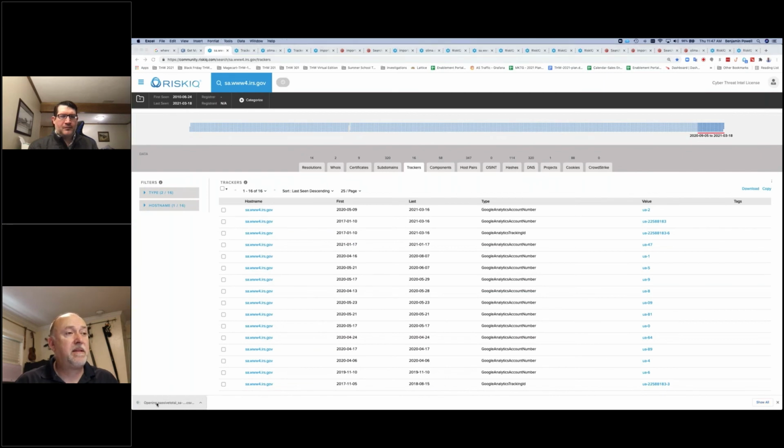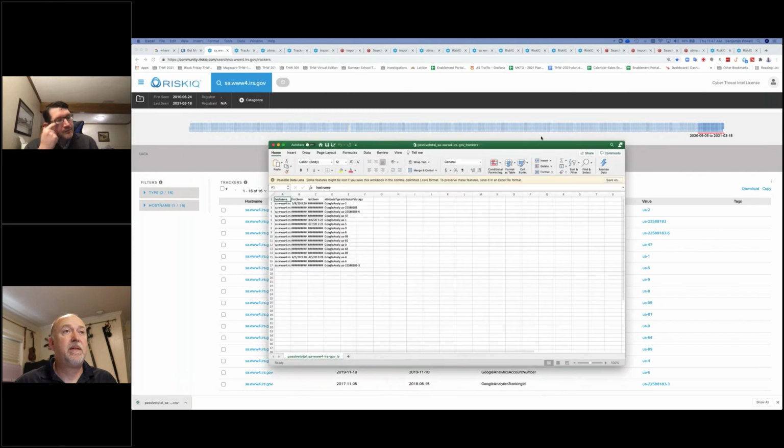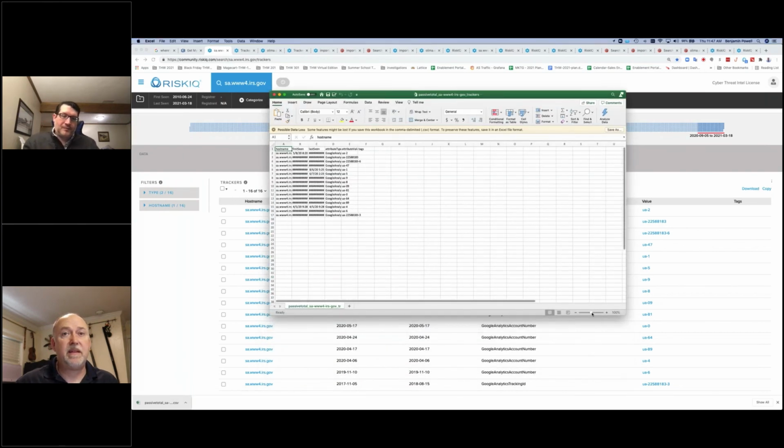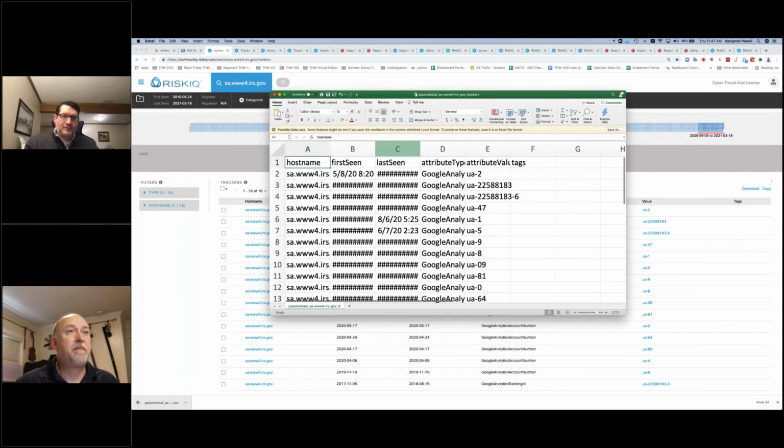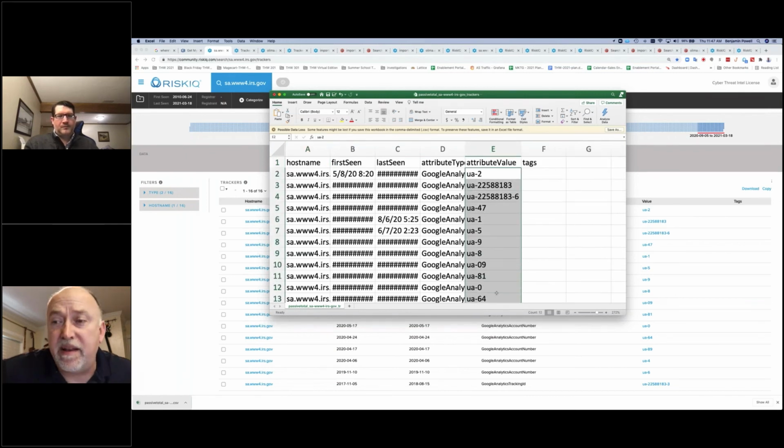It's opening. Give me a second. I'll bring it up here and zoom in a little bit so you can see them. So I have these values here. I can take these values and write a query using the API and say, go query each one of these, give me the list of domains that are associated with them, and then show me any ones that aren't mine.